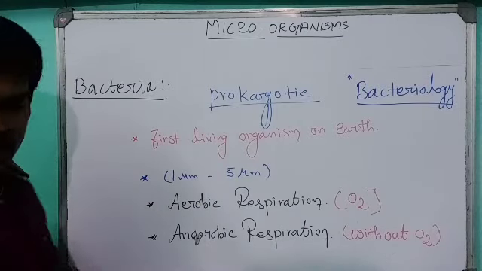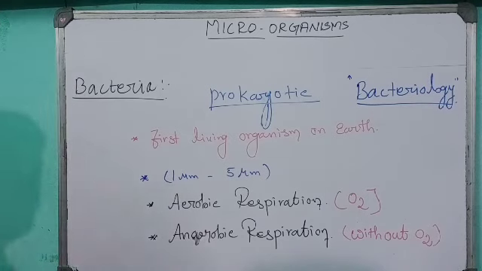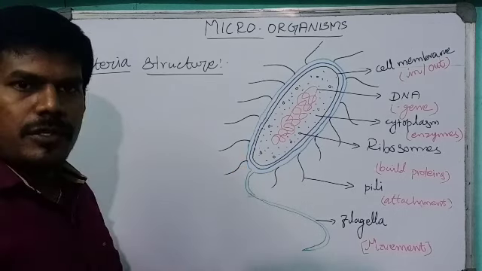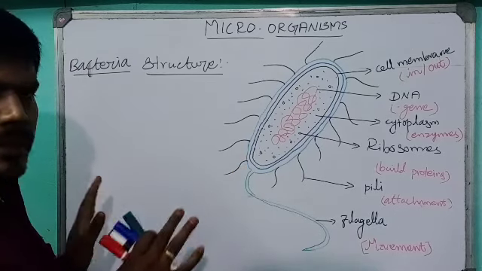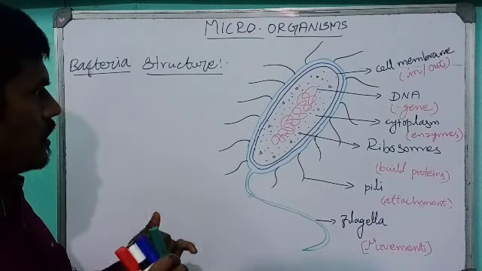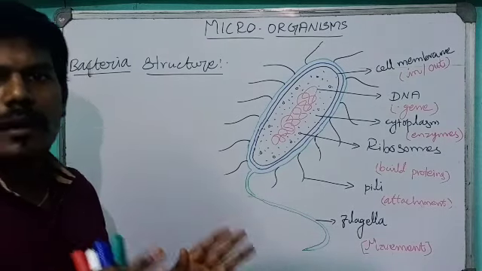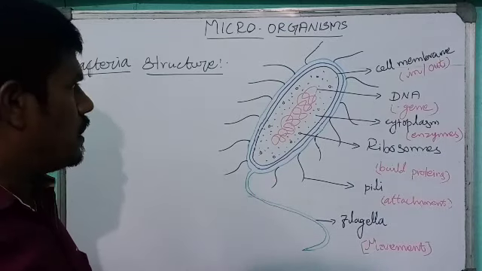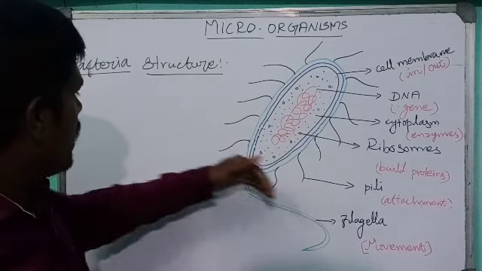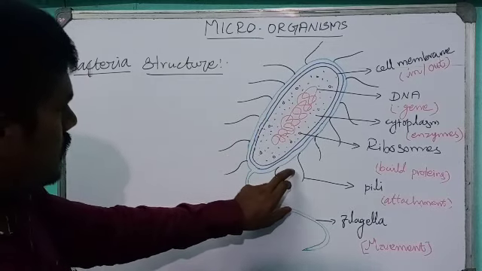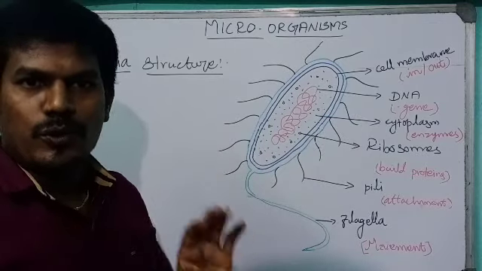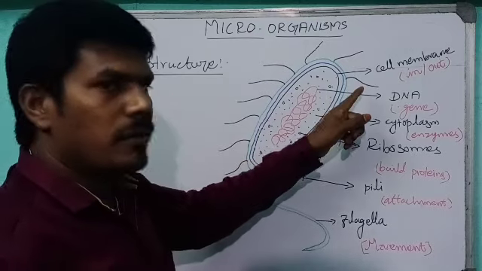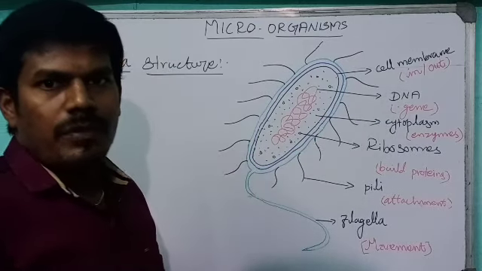And then the structure of bacteria. Let me explain the bacteria structure. This is the bacteria structure. You don't need the text, because the diagram is the plus point in science. When you have a diagram in front of you, that is better. If you describe the structure easily, you get full marks. You can write the structures one by one. The structure is surrounded by a membrane. So the bacterium has a covering layer. That covering layer is called the capsule.